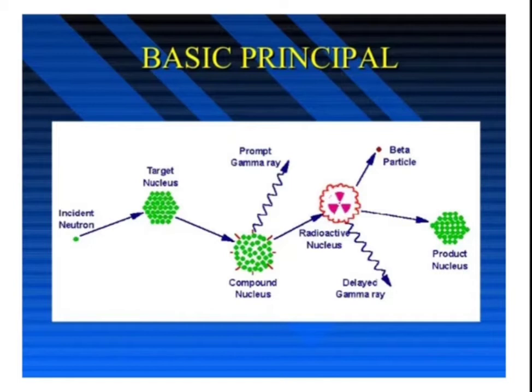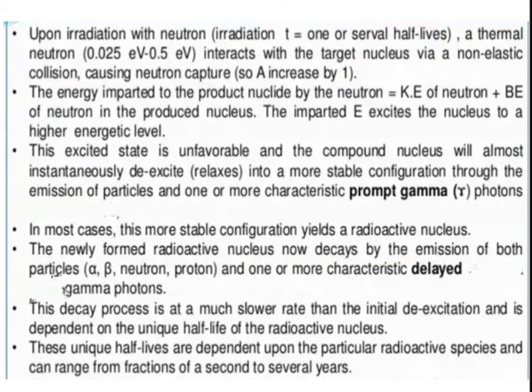This radionuclide will emit certain particles, alpha or beta, and there is also emission of gamma radiations, but the time required for the gamma emission is higher, so this is called a delayed gamma ray, and then there is a formation of a product nuclei. So this decay process is at a much slower rate than the initial de-excitation, that is, the prompt gamma photon ejection, and